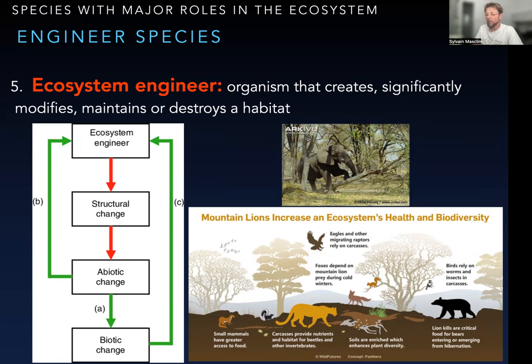Mountain lion, which tends to be more of a keystone species, can also sometimes be seen as an engineer species. To be honest, most of the time it tends to be more like a keystone species for its action, but sometimes you have a potential double responsibility. The beaver, for example, can also be considered an ecosystem engineer because it's modifying the flow of the rivers by its own building.